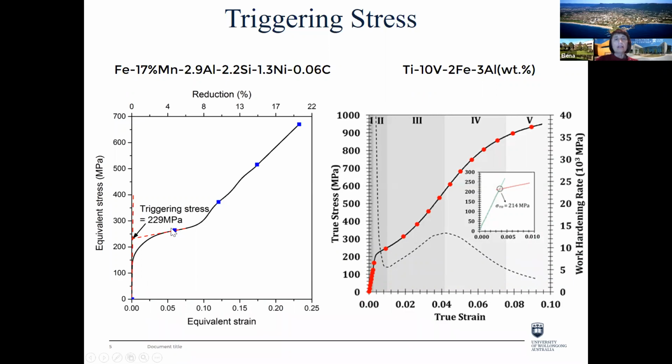Triggering stress usually is a function of material composition and also conditions under which the test was performed. Because if you will be conducting tests, for example, in tension or compression, we will have different triggering stresses. For example, for titanium alloys, it was clearly shown that martensite formation will be at lower triggering stress in compression than in tension. And if we have an increase, for example, in beta phase stability in titanium alloys, triggering stress will be increasing. For example, it could change from 180 megapascals to above 300 megapascals.